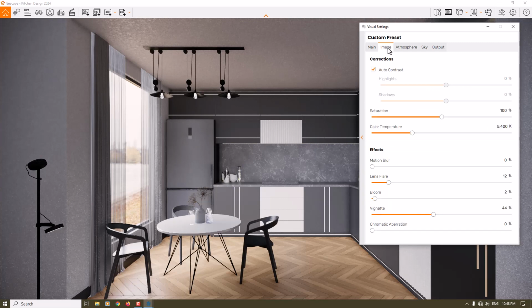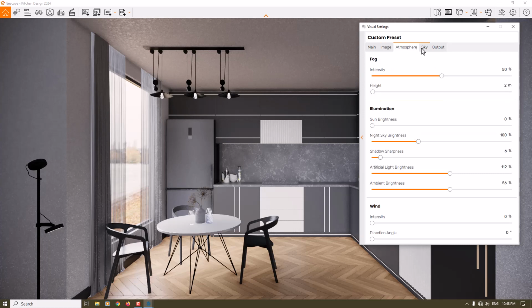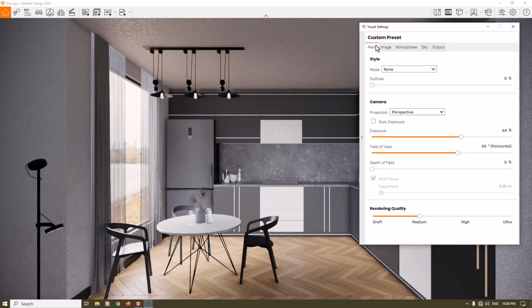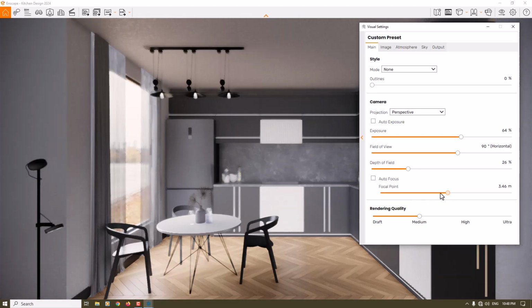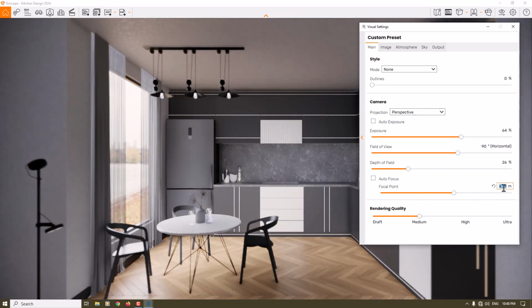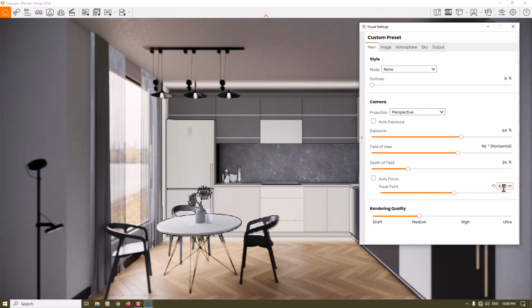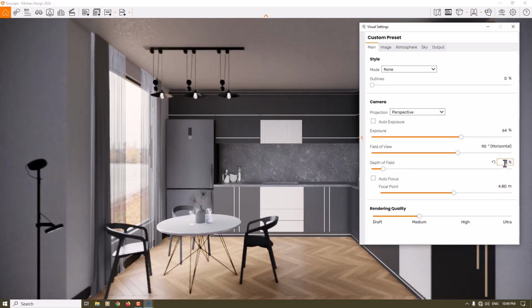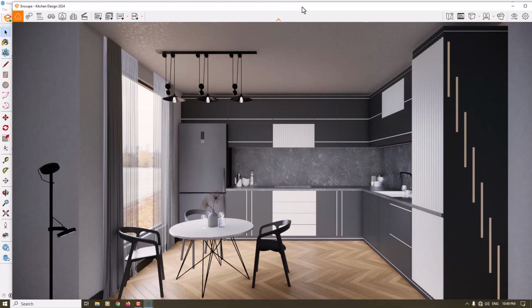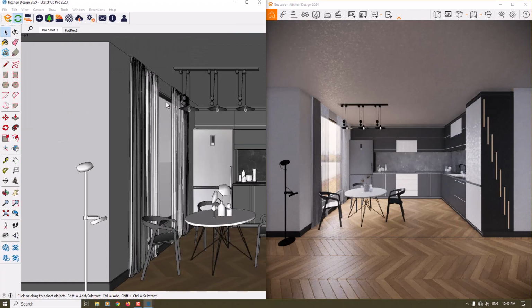And in the image, I check the auto contrast and everything is done for me right now. In the main bar, I'm going to change the depth of field a little bit and focus it on my kitchen body. So some number about 4.8 is really good, and the depth of field is about 8%. So in this place, everything is done for me,